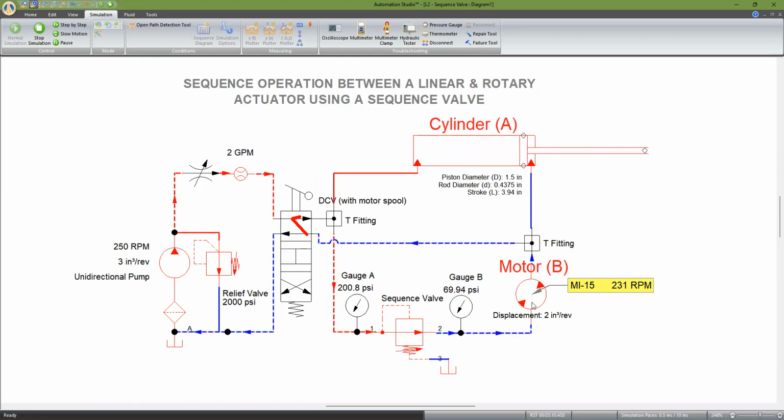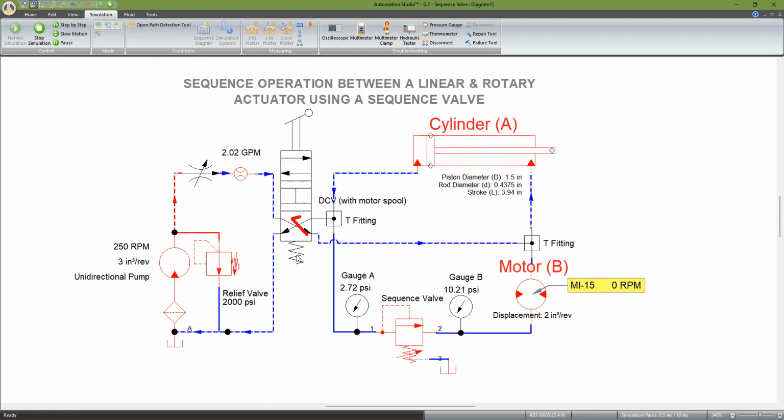You see it waits and then starts spinning at full speed, which is 231 at 2 GPM. And you can see the sequence valve is open, so it keeps on turning the motor. Now, if I want to retract, we want to see if there's a sequence during retraction and if there's a rotation on this one. There's a clear sequence, but it rotates initially, but then it stops